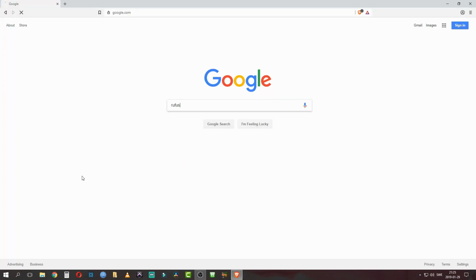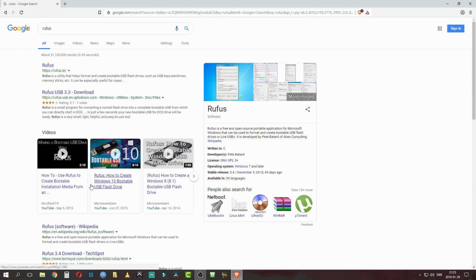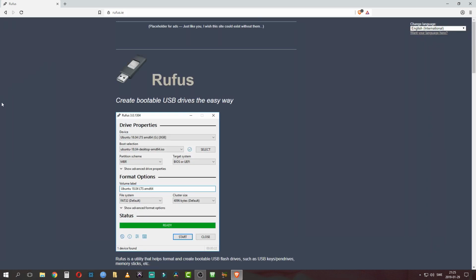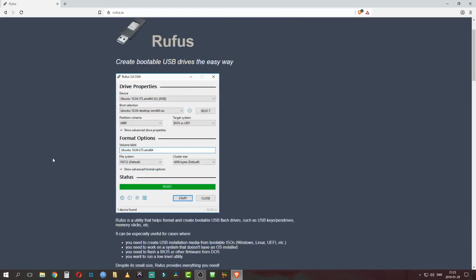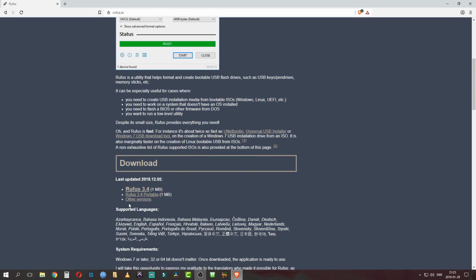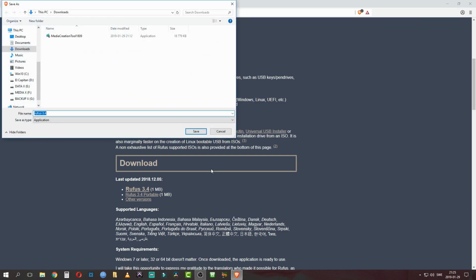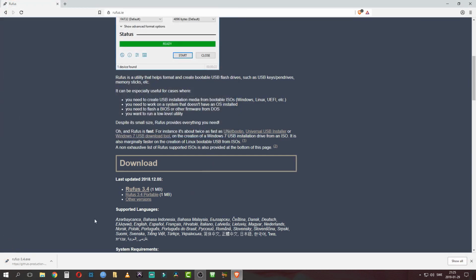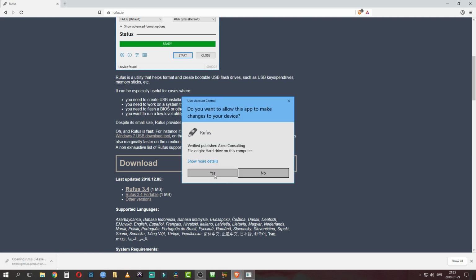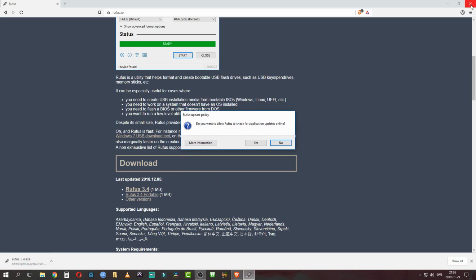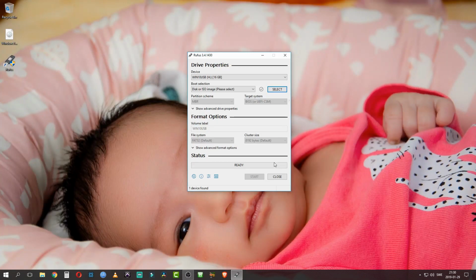And now we are looking for Rufus. Rufus is a USB tool. You can make a bootable USB. As I said, all the links will be in the description. Save it, then launch it. Yes, update it please. And here you put your USB in the computer,